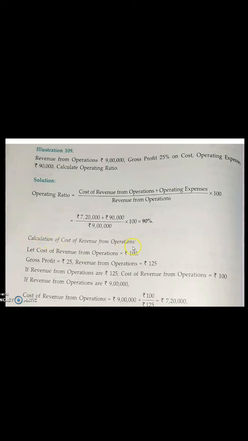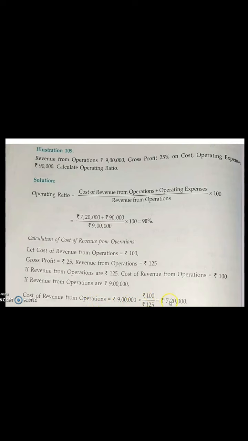Calculation of cost of revenue from operation. As they have given you, on cost, assume cost value as 100. So, if cost is 100 and profit given to you is 25, what will be the sales value? 125. So, if cost is 100, sales is 125. So, if sales is 9 lakh, what will be your cost? As we have done in the earlier slide also, cross multiply the same way. You have to cross multiply over here, and the cost of revenue from operation for this problem will be